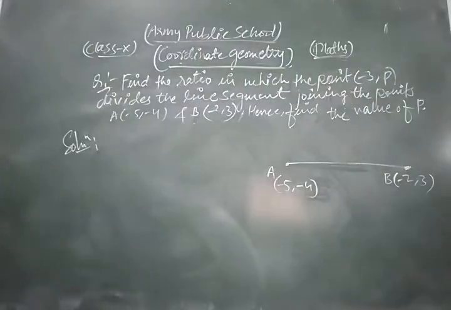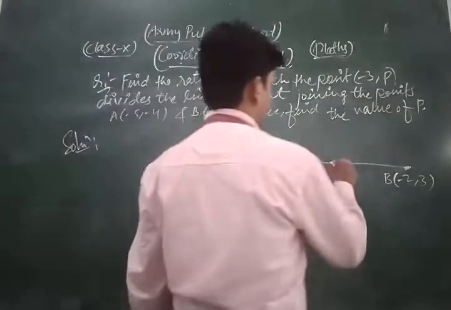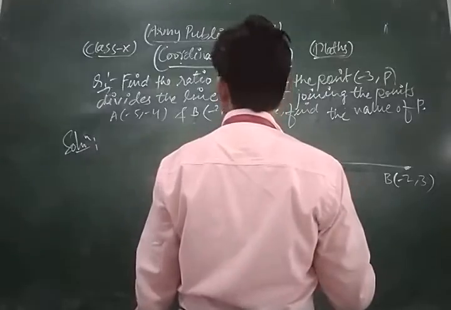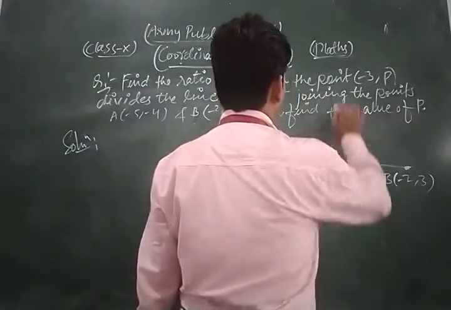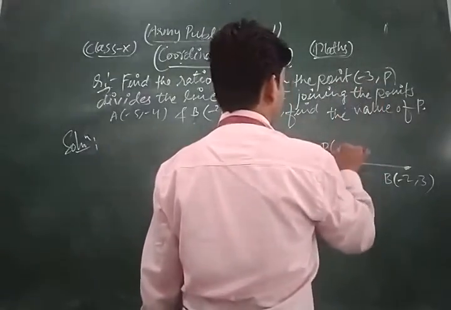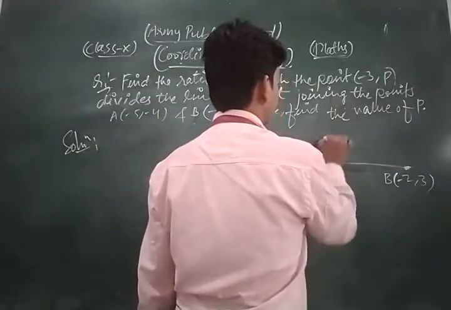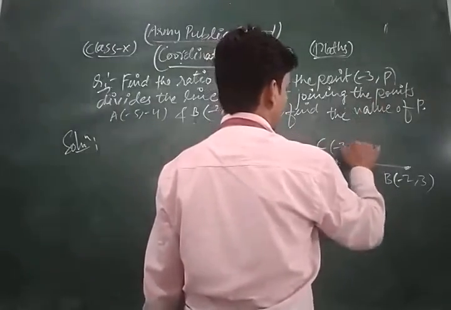And another point, suppose that it is point C, the third point, is minus 3 comma p,